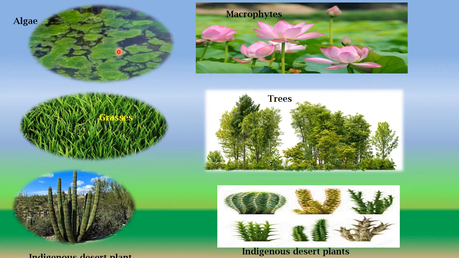As we have already taken the example of grasses which represent producers in ecosystem, trees and bushes which are shrubs in forest ecosystem, and we have desert ecosystem where there are indigenous desert plants which act as producers in desert food chains. These are the different kinds of indigenous desert plants which are present in the various deserts and act as producers in that desert ecosystem.